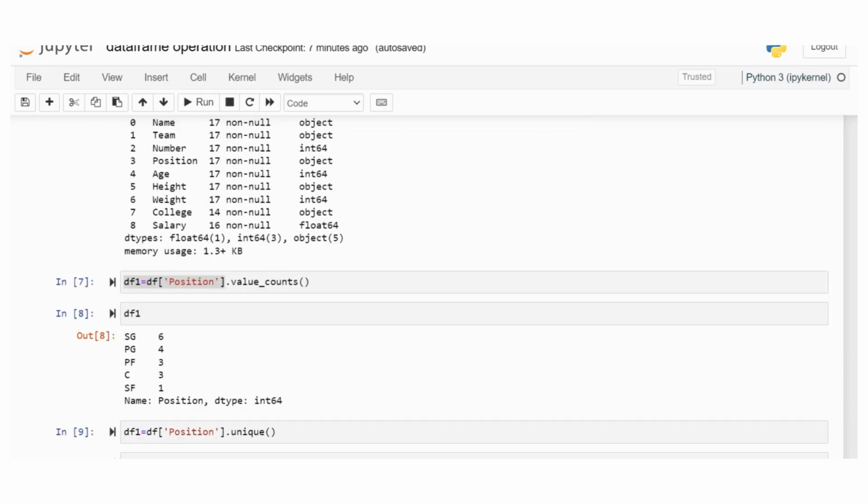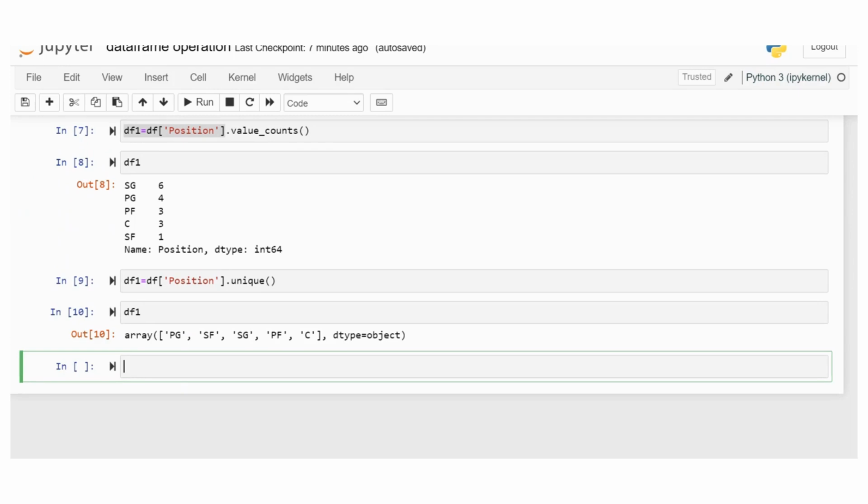Print df and pass the number column. Pandas provides the astype function used to convert the data type. I want to convert the data type to float.